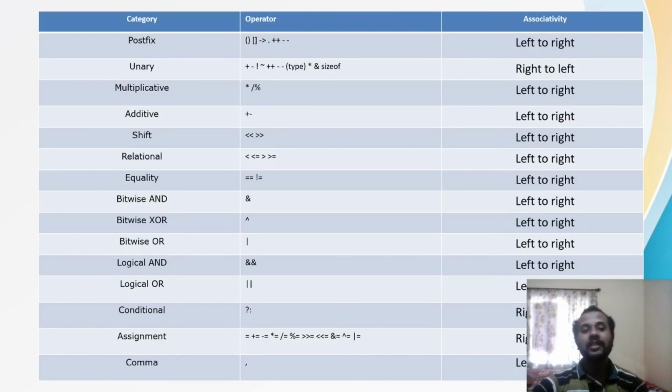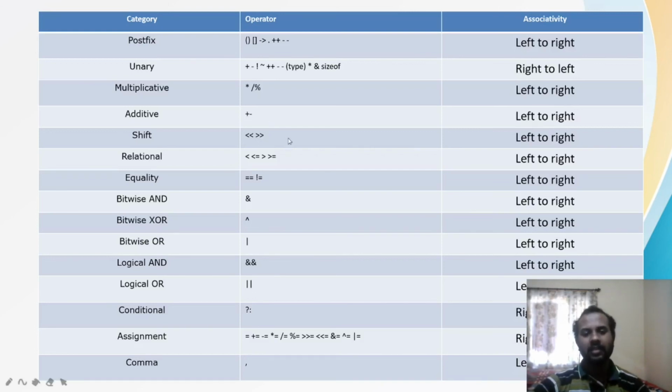Next, we have the unary operators, the plus and minus signs, then the increment and decrement, the sizeof operator, and the not operator. Then we have multiplication, division and modulus, and then plus and minus, that is addition and subtraction.